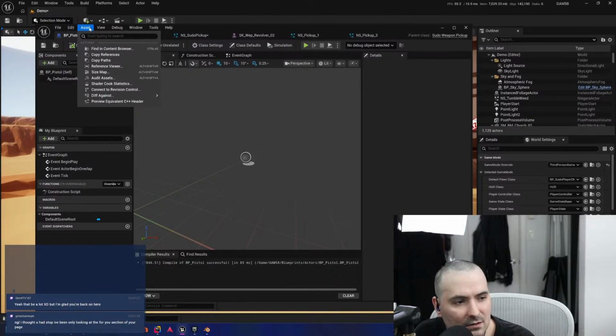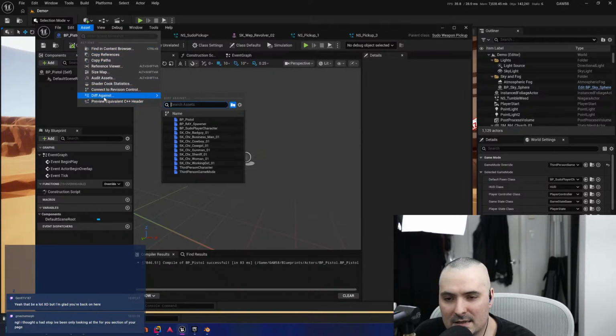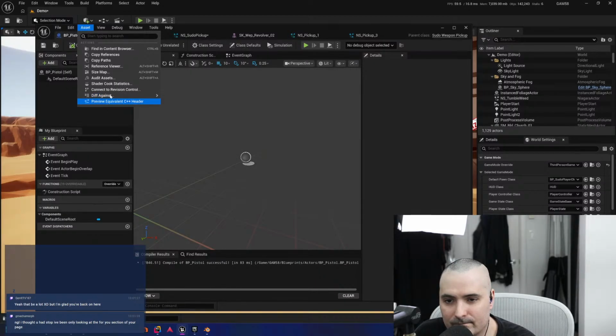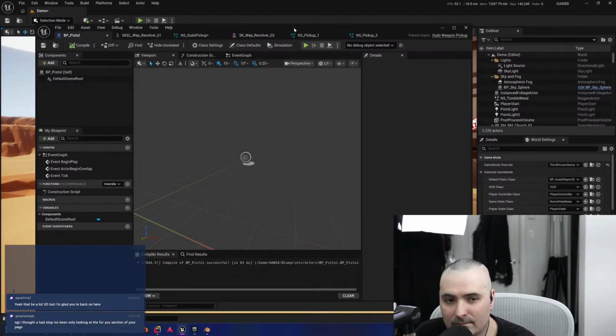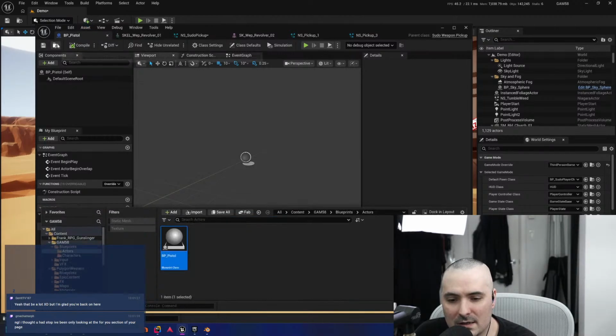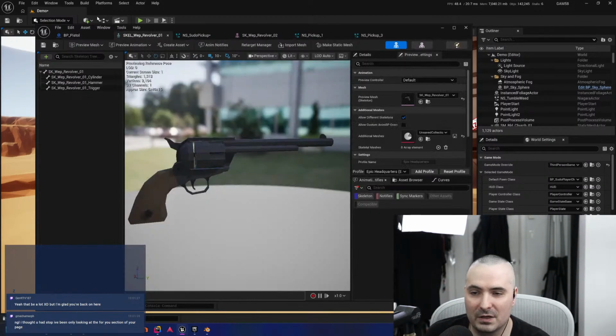Open the skeletal mesh. Click on the assets. And then there's supposed to be a make static mesh. And there isn't. Or maybe they want us to do this. Wait. I'm not on the actual mesh. Beautiful. Okay, that's why.